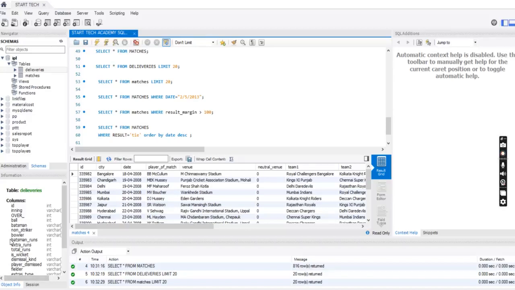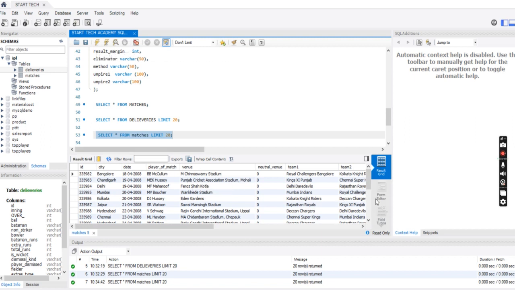So previously I have fetched the data of top 20 rows of the deliveries table. Now in the same way the next query involves fetching the data of top 20 rows of the matches table. So the entry will be the same. There will be only one change: in the case of deliveries, we are going to replace deliveries with matches. Otherwise everything is going to be the same. So the same command with matches, and we are going to run this. Now we are going to see the matches table, but only the top 20 entries of the matches table.